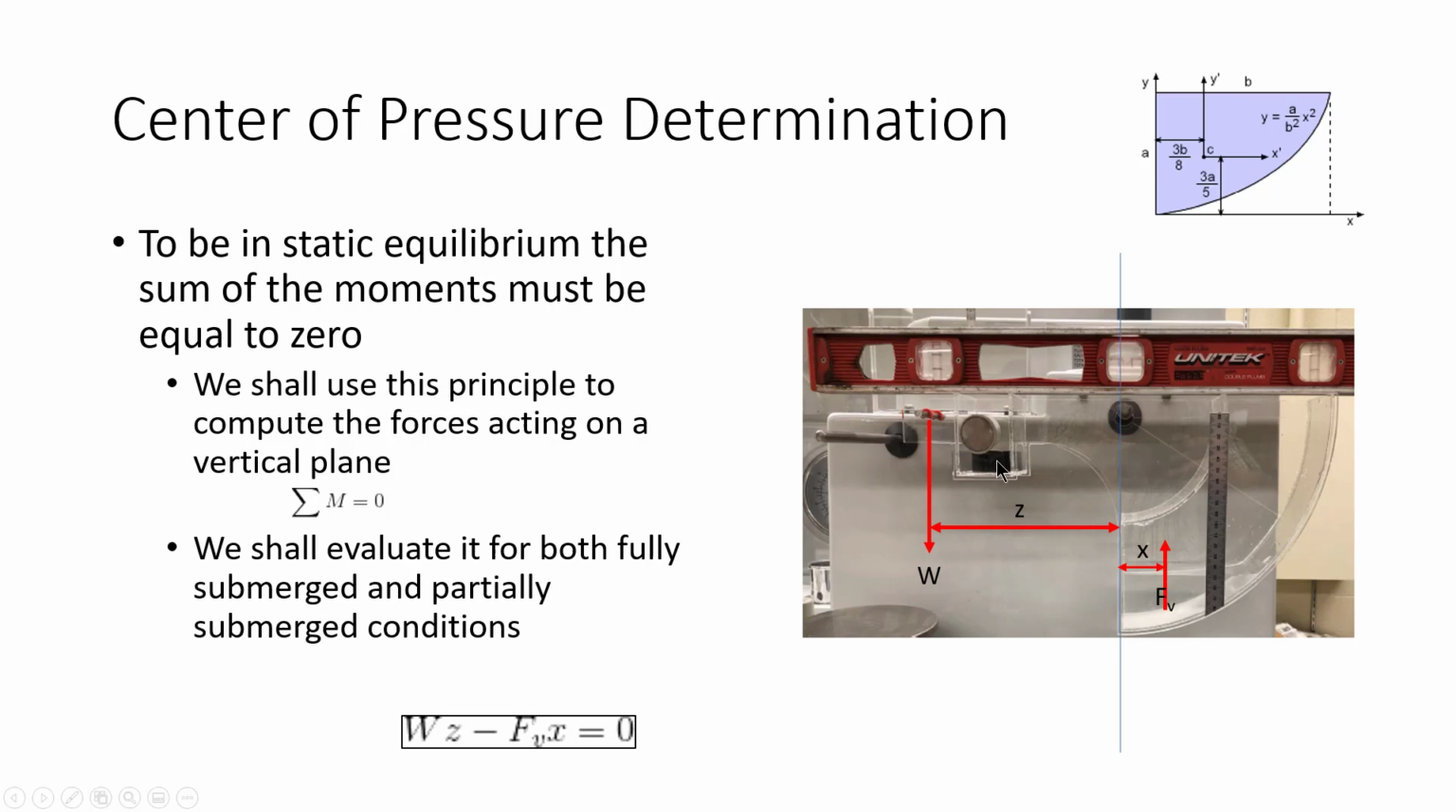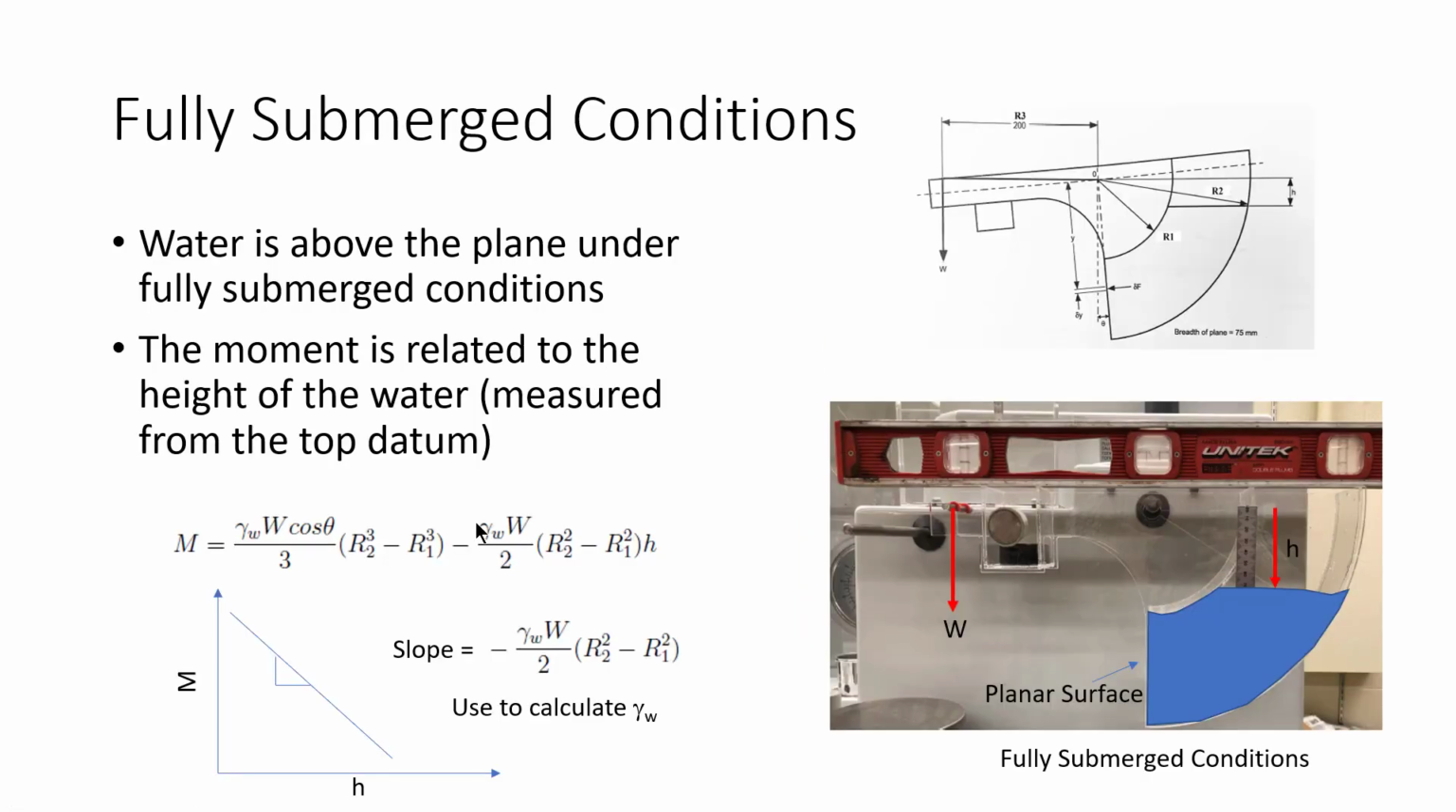acting should be equal. If there was a net imbalance in the moment, this apparatus will be tilted in one direction or the other. So if you have fully submerged conditions, as I said, under fully submerged condition, this is the planar surface, and the planar surface is fully submerged under water, so there is water above the top of this plane. The moment is related to the height of the water measured from the top datum, or measured from that pivot point. So we have a ruler here, and we're going to use that ruler to measure the height of the